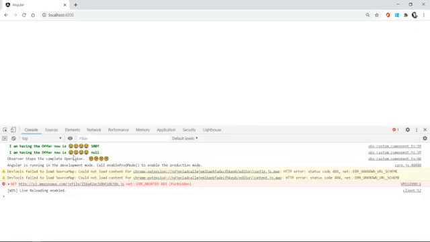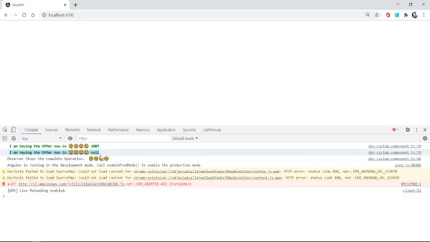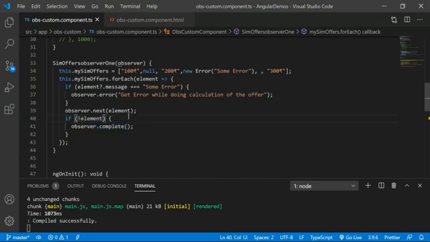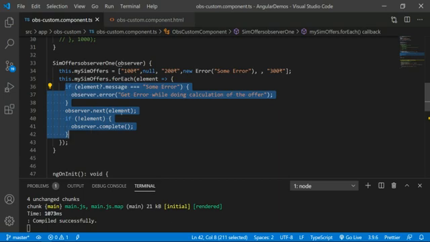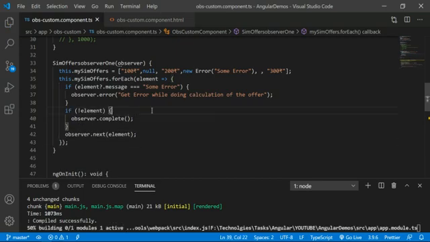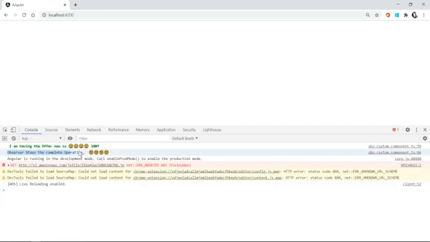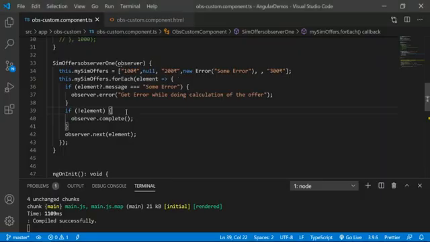See here, even though I am stopping on the null condition, I can see that this is completed successfully. But I was implementing this logic in improper steps. Let me copy this one and paste it here. See, the observer stops the complete operation. This is the logic you have to remember.